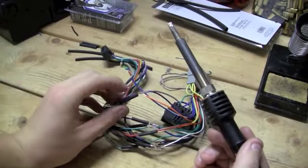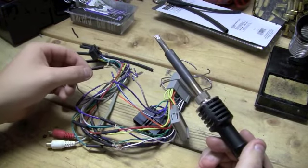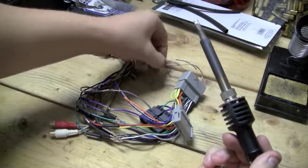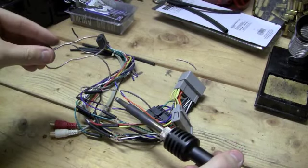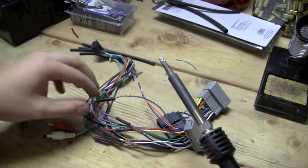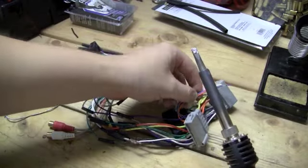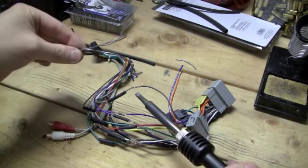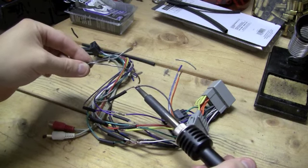Let's go ahead and start with the gray wire right here. I think this is actually maybe the gray and black. But anyways, what you're going to do is take your solder from the top. This is the best way to do it, and hopefully I don't ruin the rest of my kit here. This is one reason why it might actually be easier to use those gator clips. I just don't have them. So what you'll do is heat up the wire a little bit, and then I'm going to come in from the top